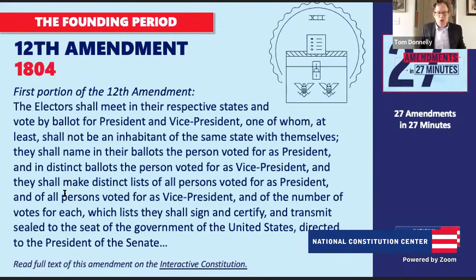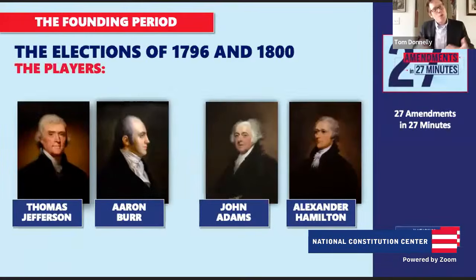Under the original Constitution, electors cast ballots for not one, but 2 candidates for president. The person who comes in first place becomes president. The person who comes in second place becomes vice president. When George Washington's running for president the first 2 elections, no problem. George Washington easily won. John Adams was easily in second place. It worked perfectly fine. But even by 1796, as early as that, we see the emergence of political parties. The founding generation didn't think we'd have them, but very quickly we saw that they were developing, with Thomas Jefferson running against John Adams. Thomas Jefferson affiliated with the Democratic Republicans, John Adams with the Federalists.